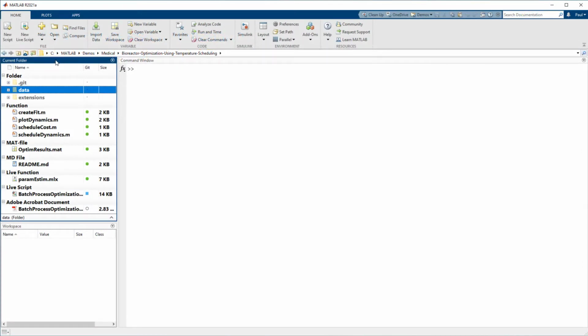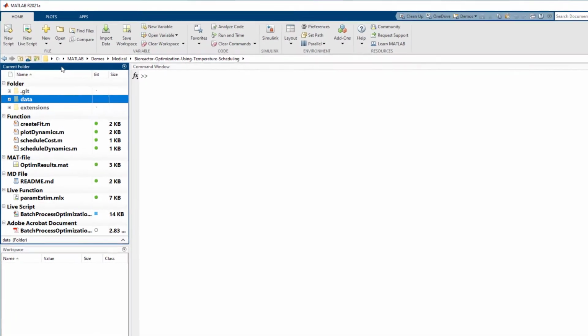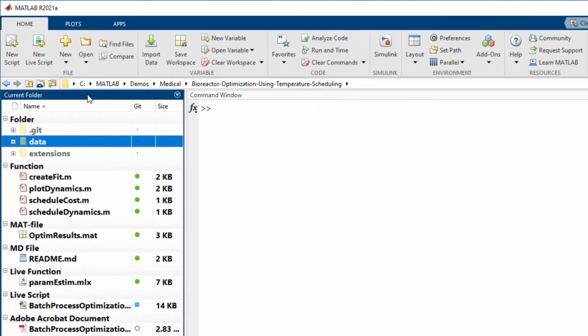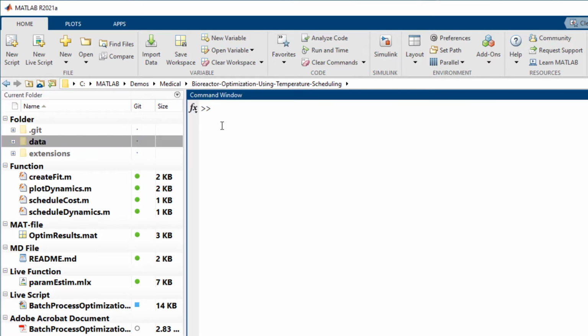For those new to MATLAB, allow me to give you a quick tour of the four main areas you'll see when it opens. The current folder is the first place MATLAB is going to look for scripts and other files. It shows all of the files on the path and the address bar here. With Git or SVN integration, you can also quickly see each file's source control status. The command window allows you to immediately execute commands and run scripts.